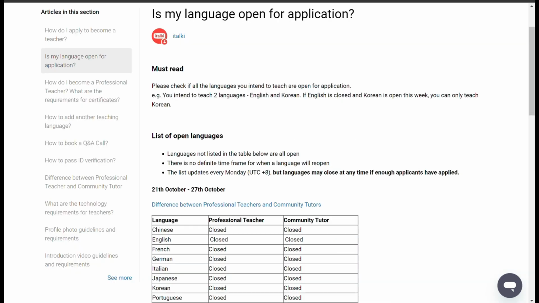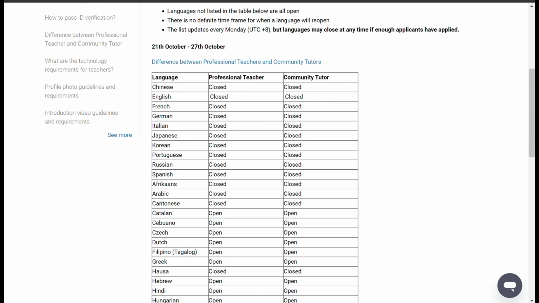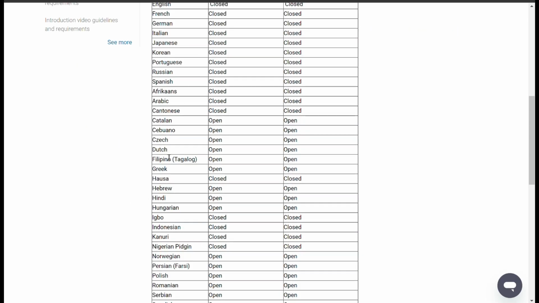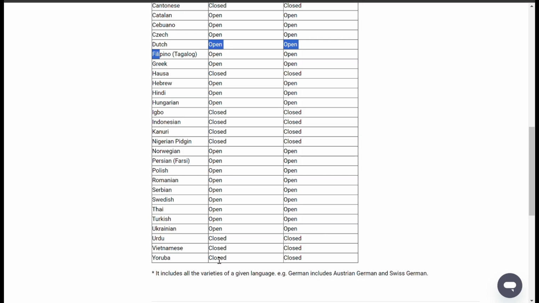Is my language open for application? Here you see Chinese is closed, English is closed, French is closed, Dutch, see here we have Dutch. So if you know how to speak Dutch, now is your opportunity. Hausa here is closed, Igbo is closed, Nigerian Pidgin is closed. This means that a lot of Nigerians are on this platform and are really making use of these opportunities to earn over $200 every week.